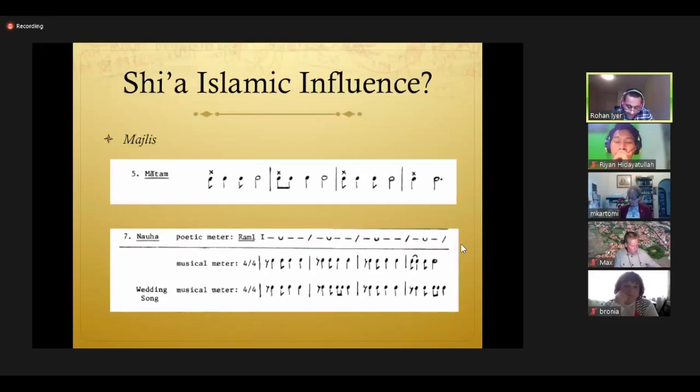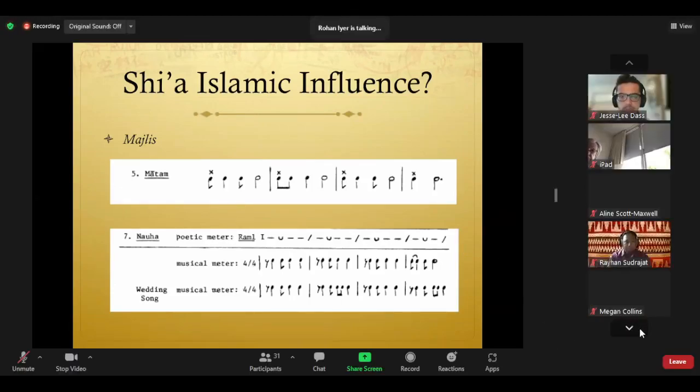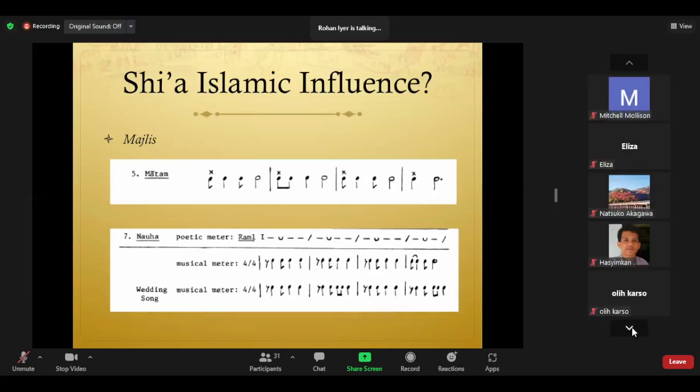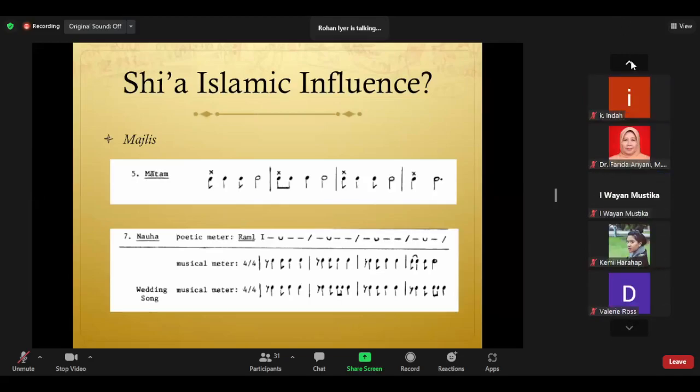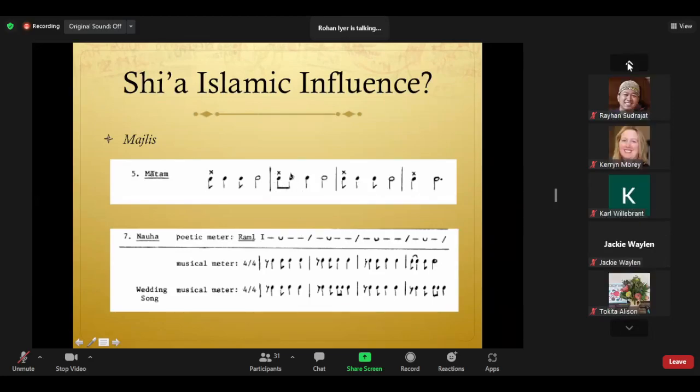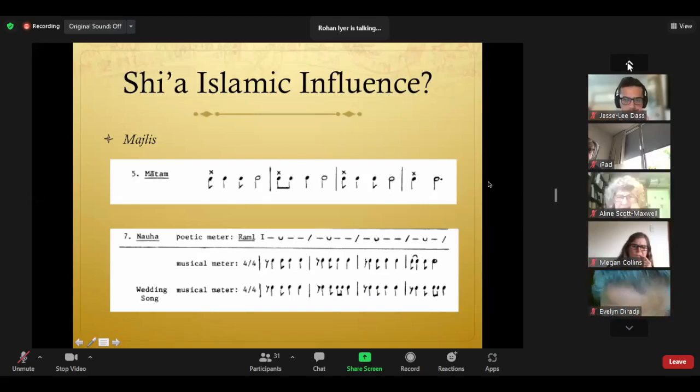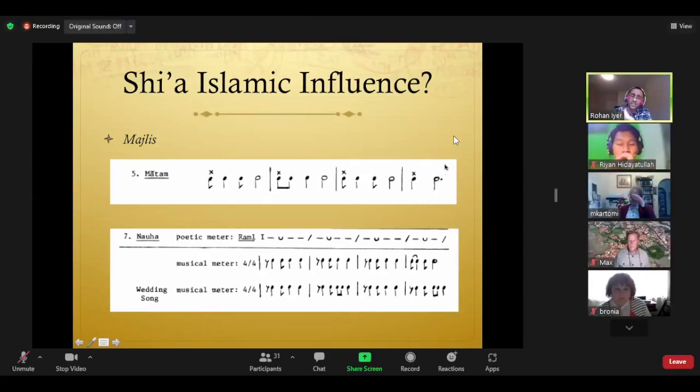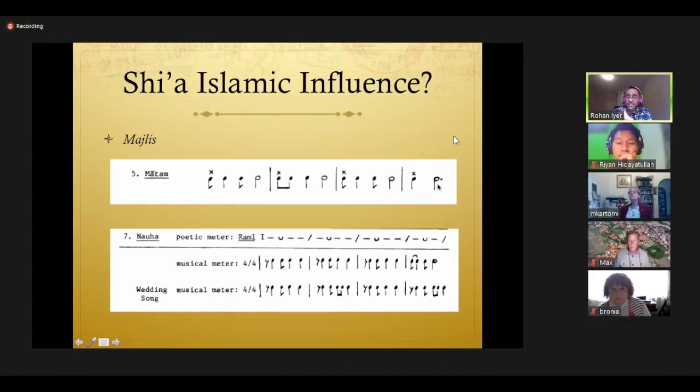So if we were to look at seeing if there's a Shia Islamic influence, one of the main sources is Regula Qureshi's transcription of poetic meters from the Iranian influenced Indian chanting genre Majlis. And I have just picked two of these meters for comparison. I picked the first one because it incorporates rhythmic syncopation and it has quaver movement. However, it is very different in its makeup compared to any of the motifs, especially motif A that we discussed earlier, as this incorporates many long notes, which the Terbang version doesn't.